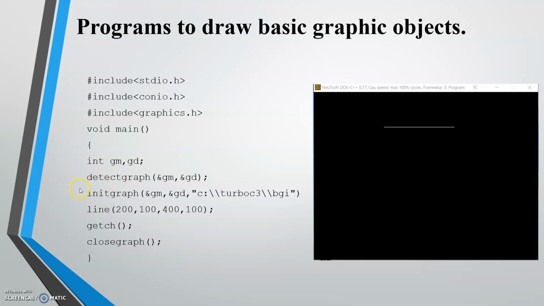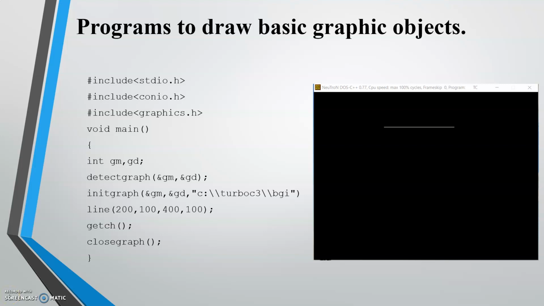Then next we have to use detectgraph and initgraph function. Detectgraph is used to find out the current graphics driver and mode. The outcome of this function is used in initgraph function as input argument. Initgraph function is used to initialize the graphics library and changes to the graphics screen for drawing.